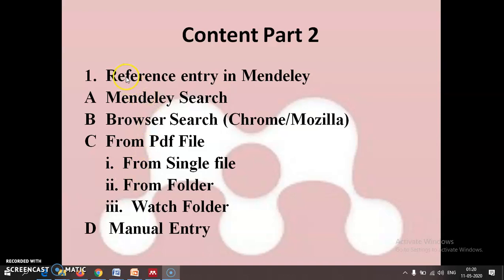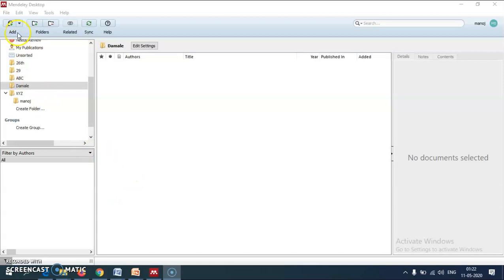The first is reference entry to Mendeley. So we have to go to this file.